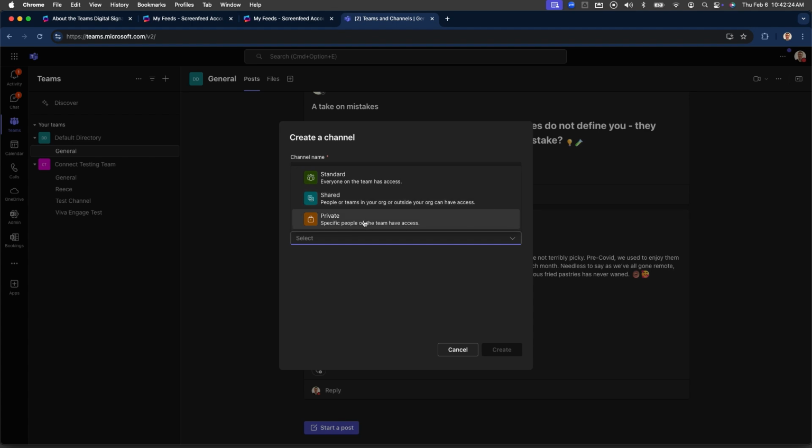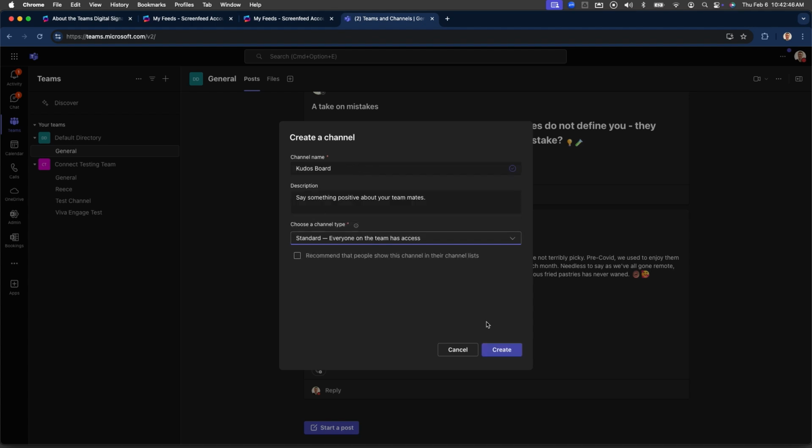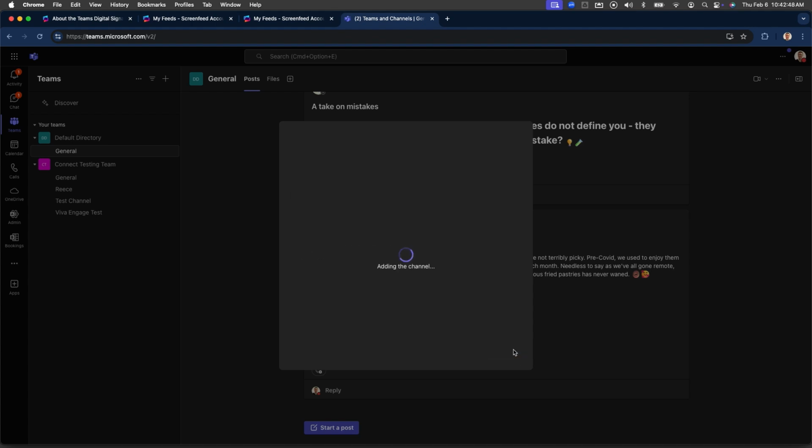Or the third option, which is private, which means I select specific people who have access. Now, this should be noted. If someone does not have access to the parent team of the channel, you cannot include them in the private channel. So if that's a concern for you, it's just something to pay attention to. We'll click standard and I'll click create.